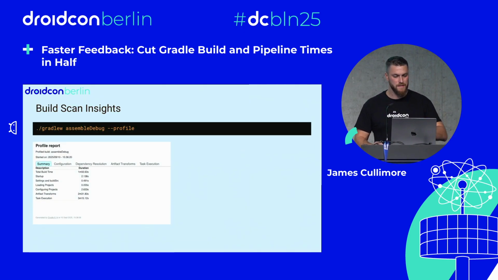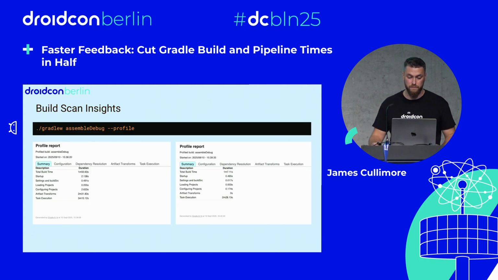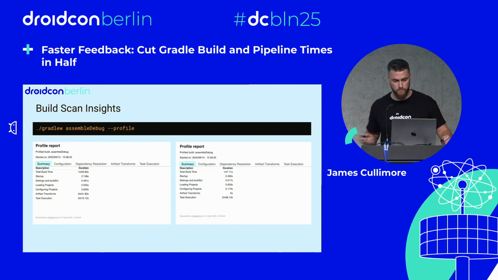For example, here you can see the command I'm using along with the profiler argument, done on a reasonably small project with not too much in it. I added the gradle properties shown from one of the very first slides, the caching and parallel, just to show you what difference it can make even from the start. Measurements before, shown here on the left, 3 minutes 15 seconds, and after adding the gradle properties, just YOLO'd it, went down to 2 minutes and 28 seconds. It's already 45 seconds saved. Nearly 45. More than 45.